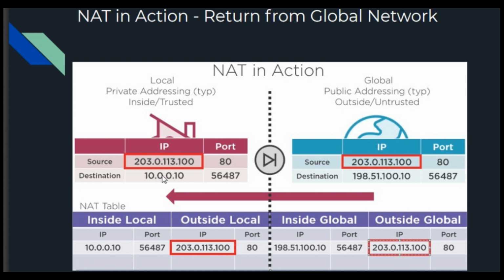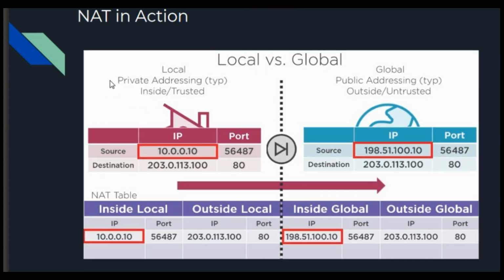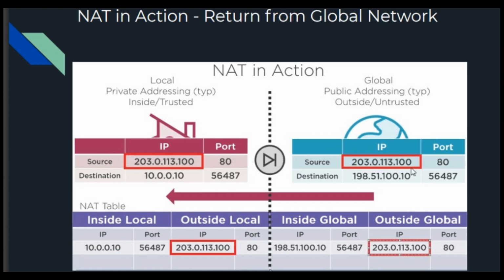So in this scenario you can see that the return traffic manipulates the destination IP. We can identify that during local to global it's manipulating the source IP, and during the return traffic it's manipulating the destination IP.